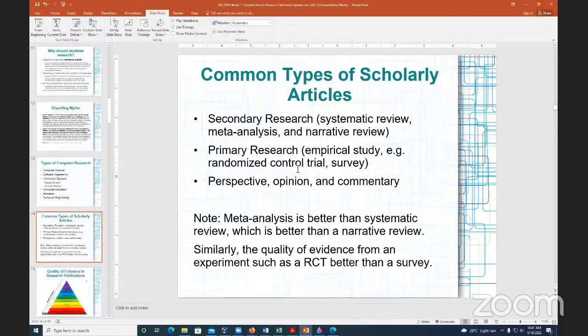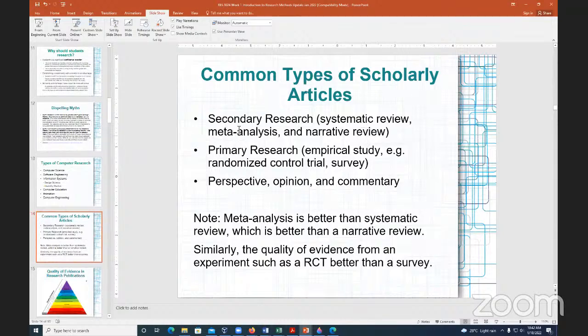So a systematic review goes more in detail and tries to look at a broader scope. It's not just more detail, it's actually systematic. The goal is to look at all articles on a topic. All. The goal of a systematic review is to look at all papers on a topic based on some keyword criteria. So it definitely is more comprehensive than a narrative review.